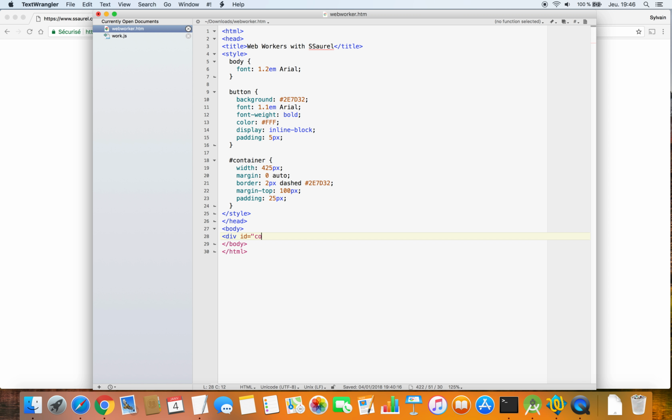Then we create the div container in the body. And we add an output element to display the result of the computation of the Fibonacci algorithm.